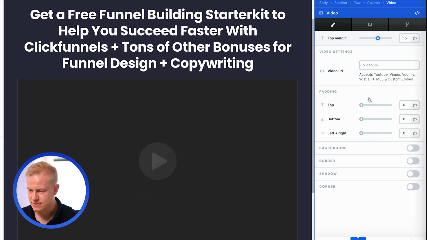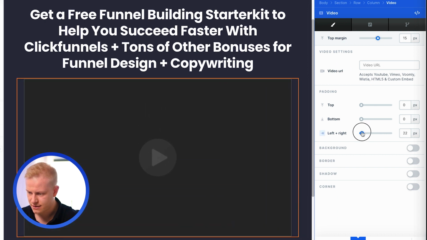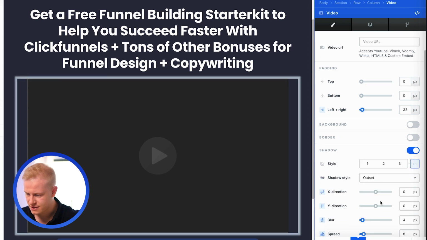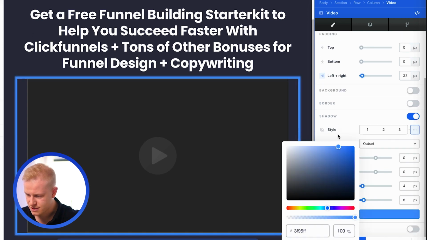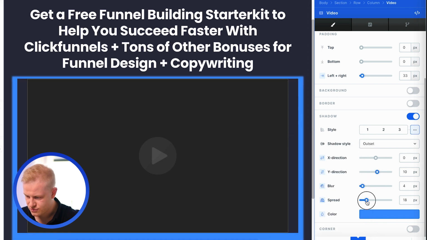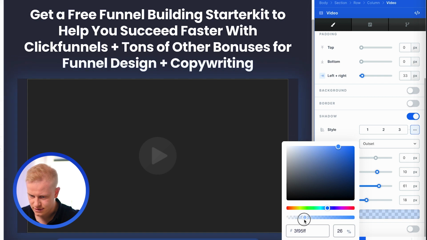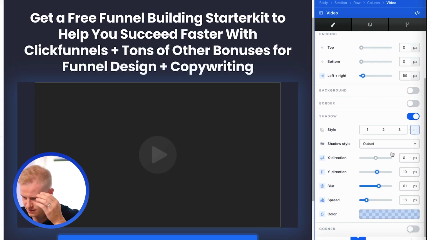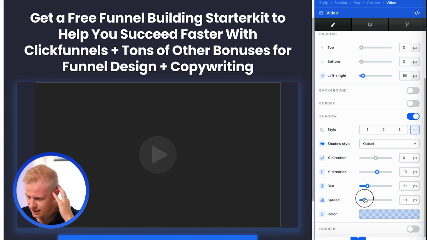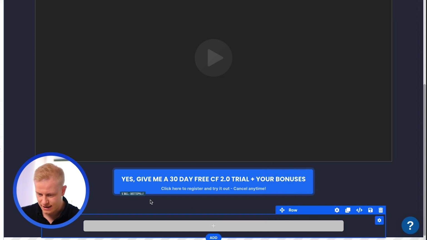And now actually this one is a little bit big, so we'll do a little bit of padding, and then maybe want a shadow to this as well, but I want a blue shadow that is 10 spread, actually more blur, way more blur, and then just take that down a little bit. So we don't want to do the shadow on, so this looks like it could be a glitch. So this is actually good, and I'm doing this live and not editing anything, so you can see what I'm